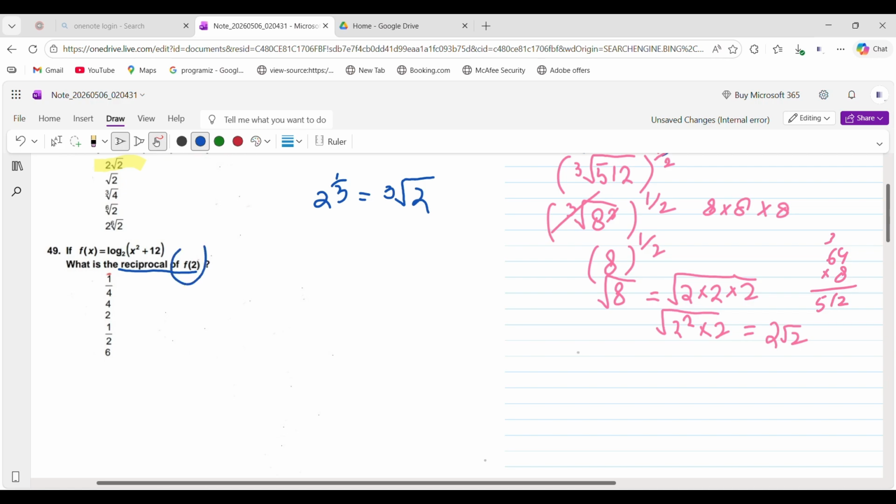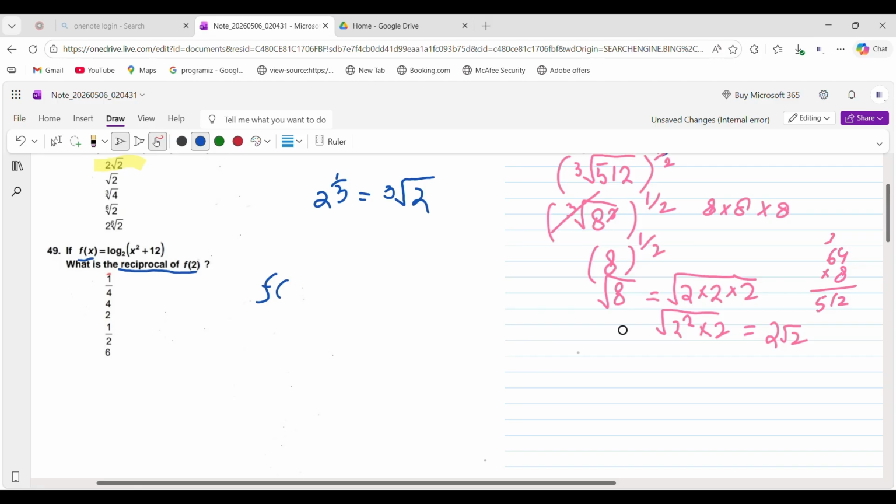We have to find f power 2, right? F power 2, not f, and instead of x we have to put 2 in the entire expression, you may say, or equation, you may say. Okay, so f,